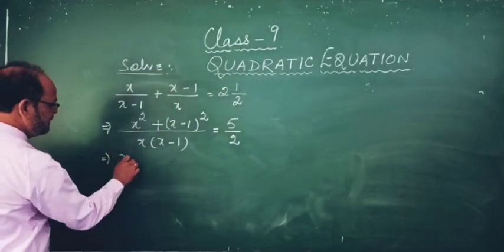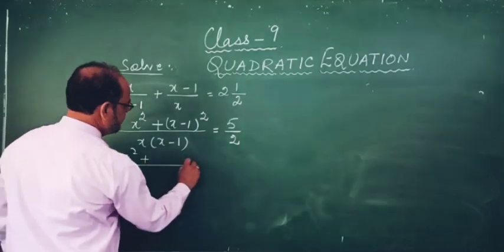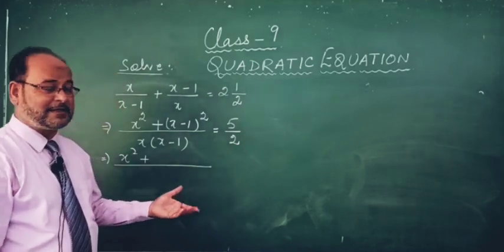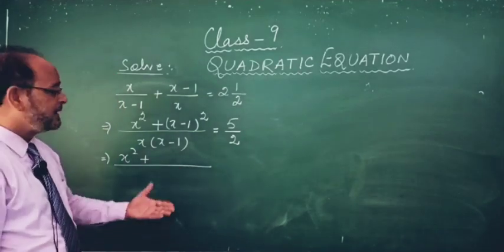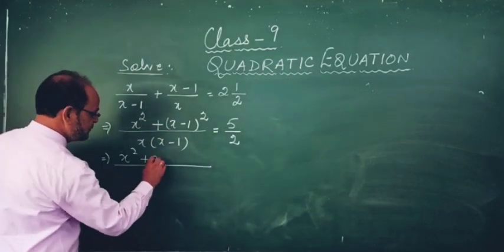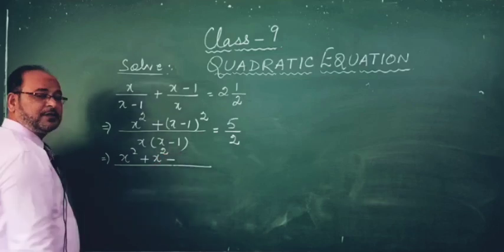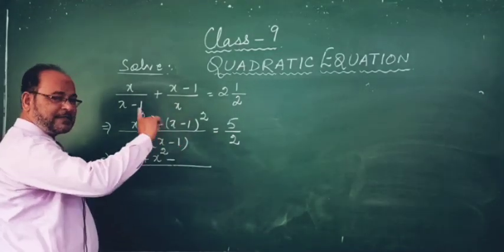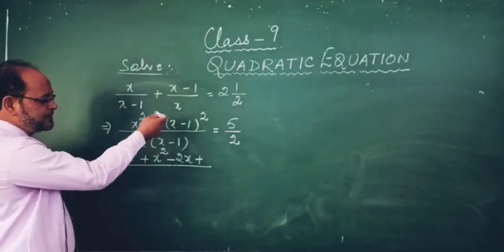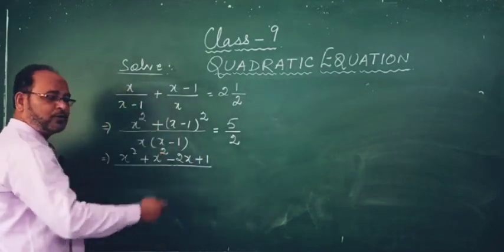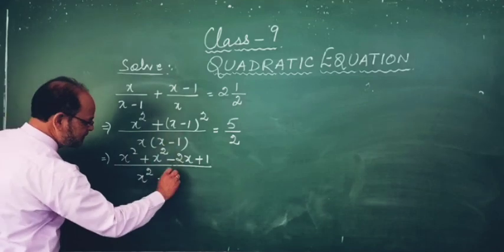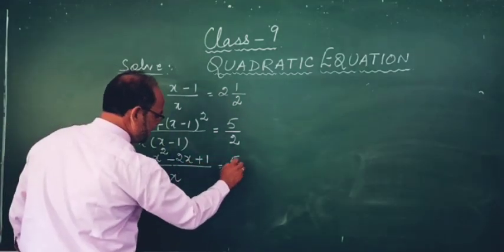This will be x square plus, now what is given here? It is given x minus 1 whole square. I hope you all must have studied expansion in class 8. What is the expansion of a minus b whole square? It is a square minus 2ab plus b square. So your a is x, so it will be a square minus 2ab. So 2 into x into 1, the product will be 2x, and plus b square, your b is 1 here, so 1 square will give you 1 only. Here x and x, the product will be x square, minus x in 1, the product will be x, equals to 5 upon 2.